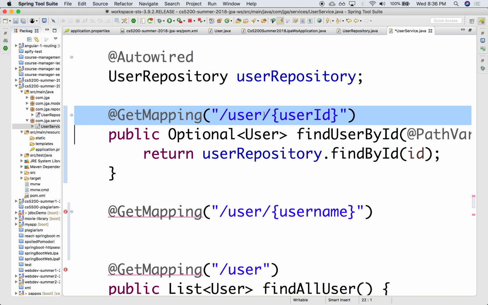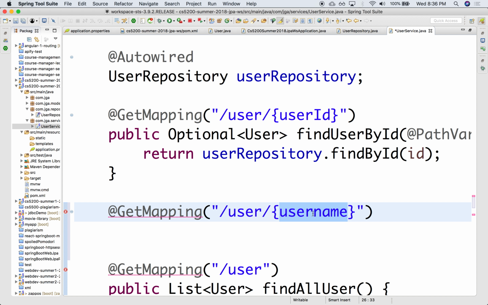Notice that from the server's point of view, there's no way to distinguish between these two URL patterns. They both start with /user, and they both end with a placeholder. They both map to the same URL. If you type /user/xyz, it would not know if you meant that xyz is a user ID or if that's a username. Yes? Okay. So to distinguish between the two,